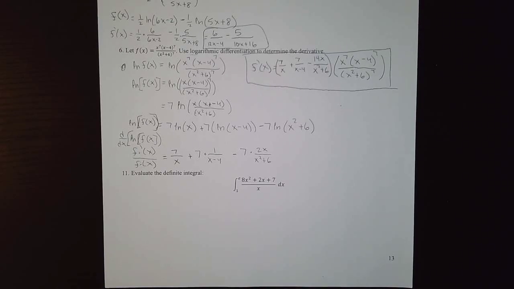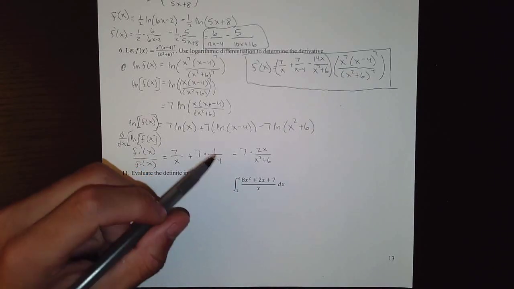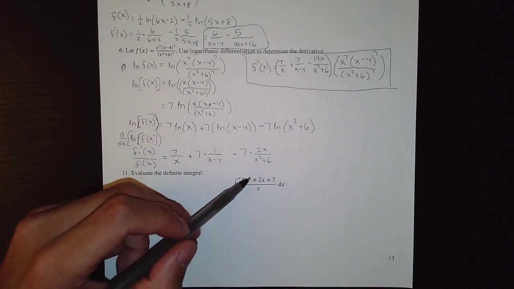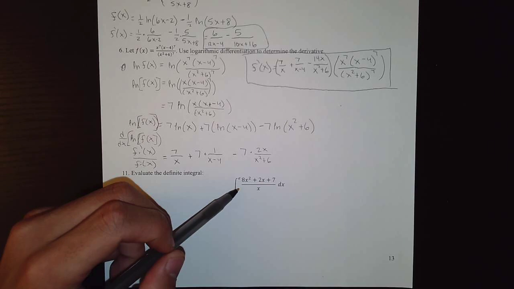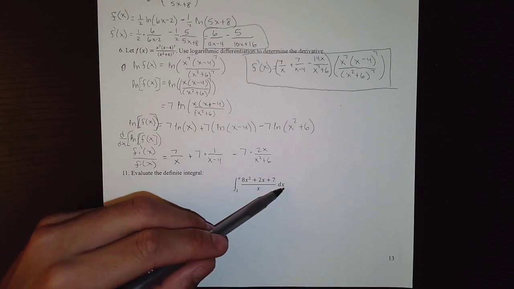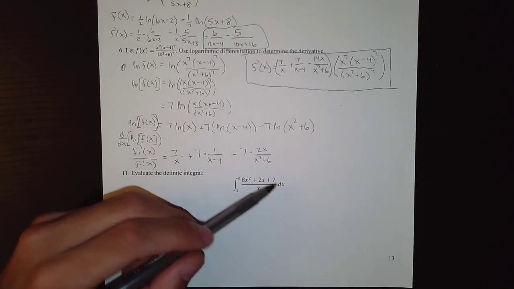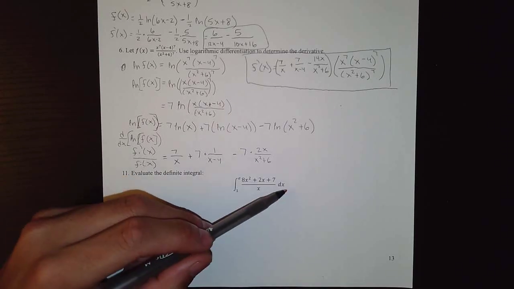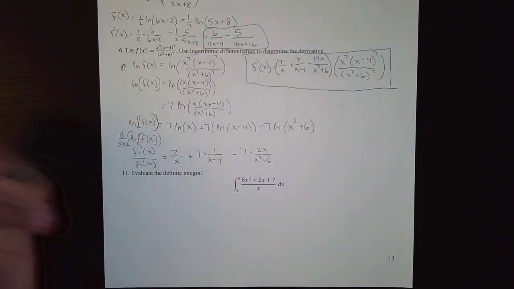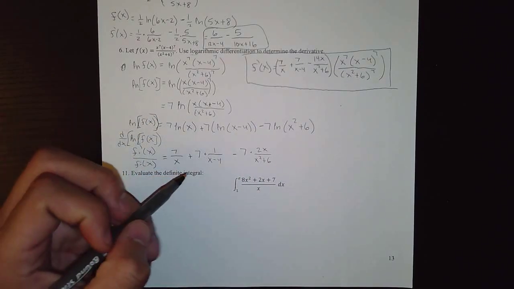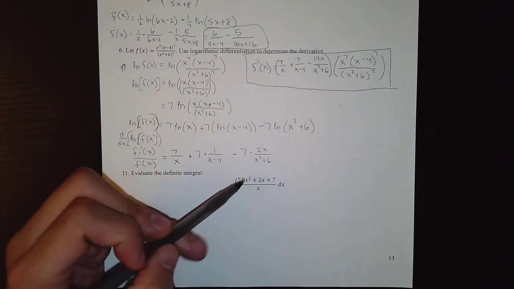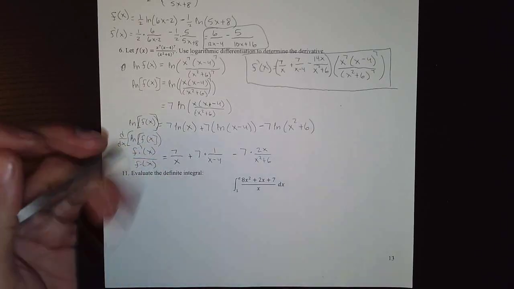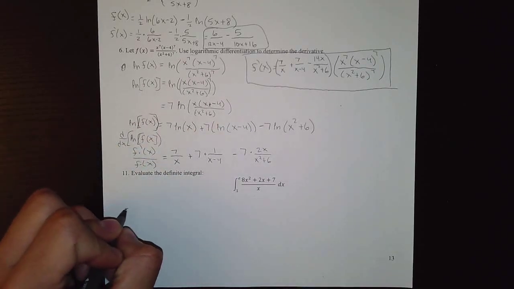Problem number 11 says evaluate the definite integral. The integral from 1 to e of the quantity 8x squared plus 2x plus 7 divided by x, and we're integrating with respect to x. And so we should start by trying to simplify with algebra in this scenario. And so I can rewrite this integral as